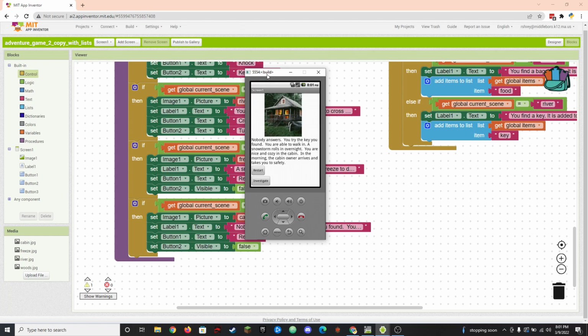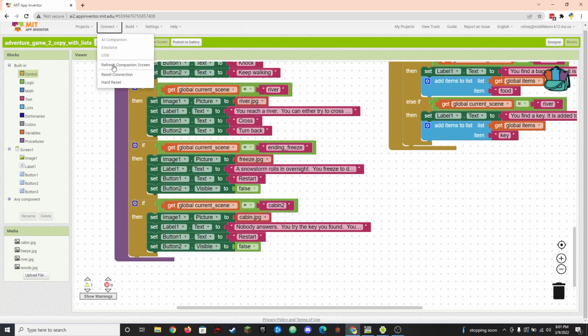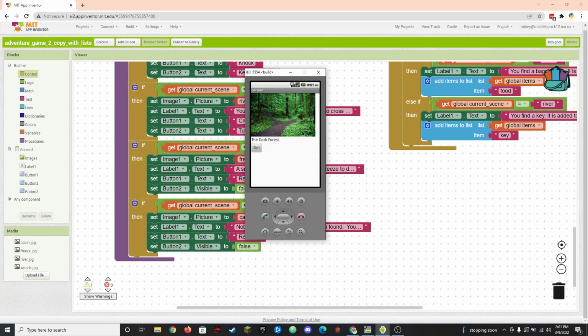So the point there is that you can have these list items change what happens in the exact same scene, just by checking with an if statement if some item is in the list. If I had just gone straight ahead and knocked on the door to the cabin,